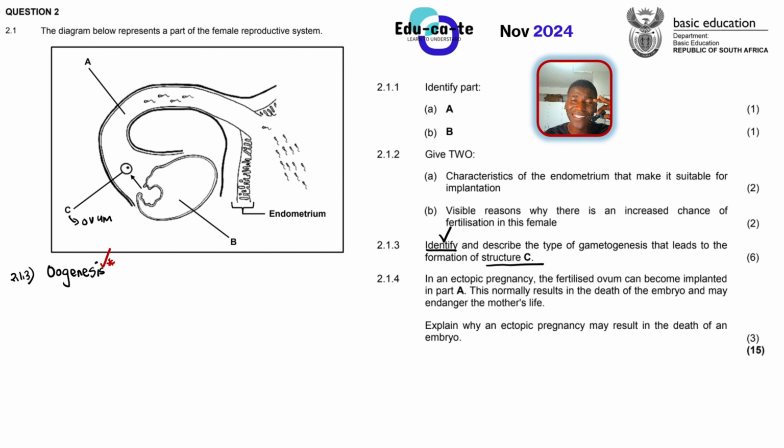Give us an idea as the markers in the marking center who don't even know who you are, who don't even care who you are. We just want to see what you have written. Can you account for it? You start by telling us this is the oogenesis process. Now you can describe it, because they say identify and describe it. Sometimes they won't tell you to identify it, but you need to always tell us, even when not asked. It's a compulsory mark.